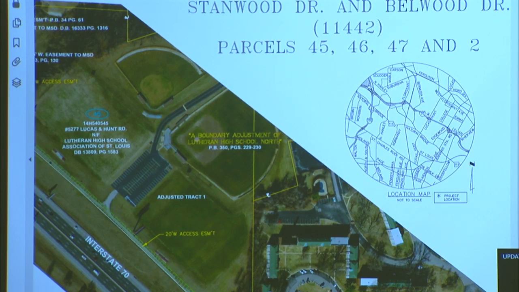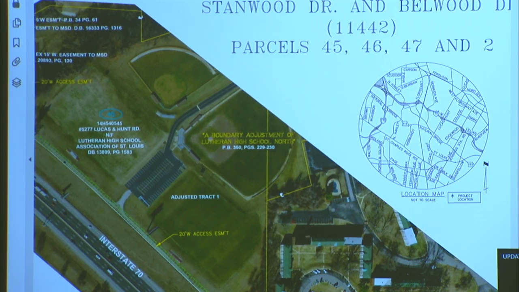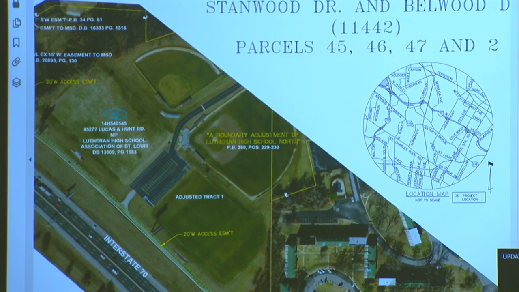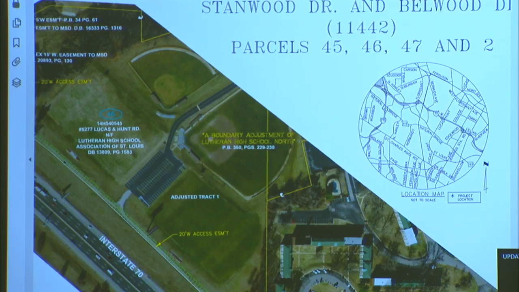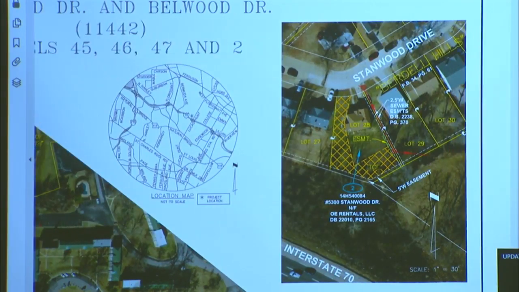But as you can see, the temporary license we're using for that Lot 28 easement from OE Rentals, we're pretty much using their whole yard. So we're trying to work with that property owner to make sure that they're comfortable with the easement. So we've reached a roadblock on that particular easement.